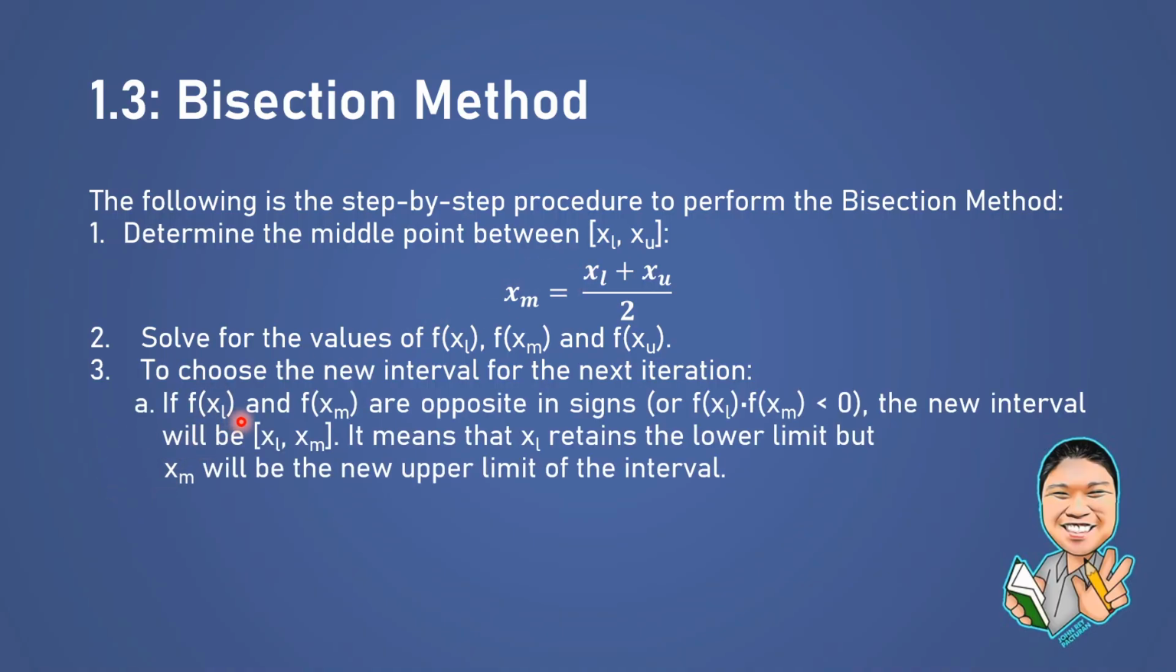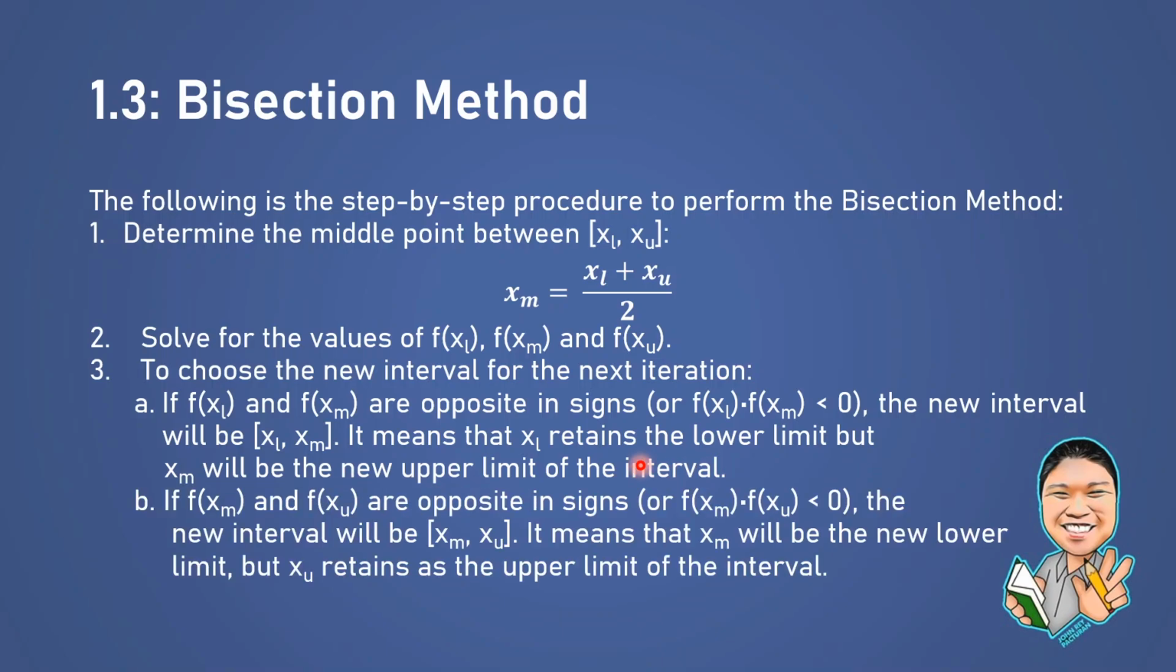If f of x sub L and f of x sub M are opposite in sign, so based on the example, the new interval will be x sub L, x sub M. It means that x sub L retains the lower limit but x sub M will be the new upper limit of the interval. So the opposite is true if f of x sub M and f of x sub U